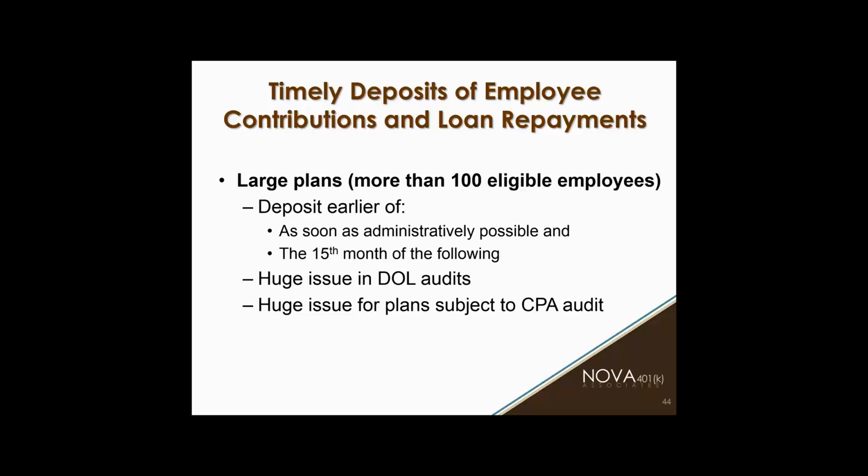You can ignore that second bullet. The Department of Labor thinks it's as soon as administratively possible. Now, what does that mean? That means that if the DOL comes in to audit, they're going to look at your other business practices. If you're sending in your federal withholding within like 4 days, then your standard may be 4 days. It may be 2 days. They're going to look at all your other business practices. How quickly did you send all of the other payrolls, and was there an outlier? Like, I got all my payrolls in 2 days, and here's one that's 2 weeks, right?